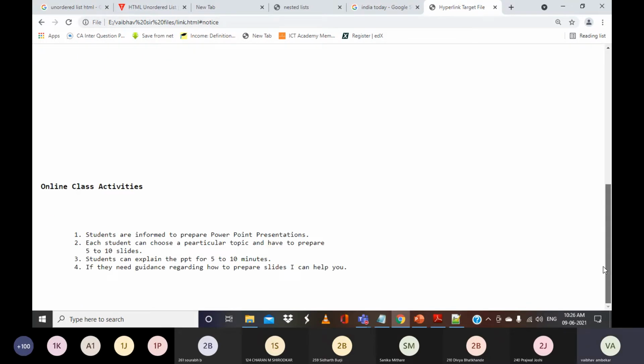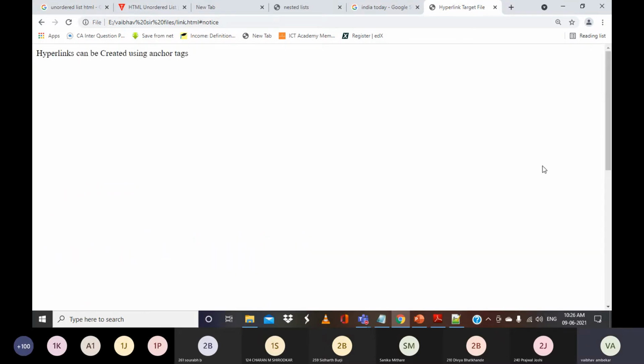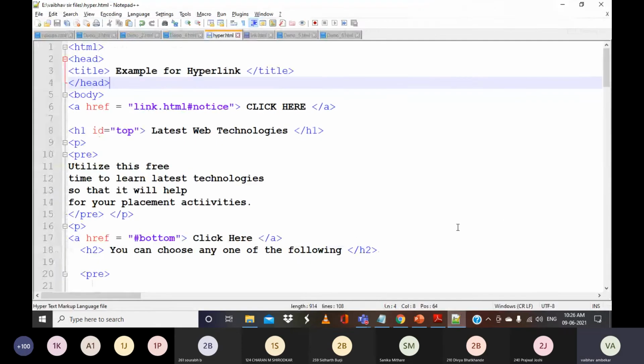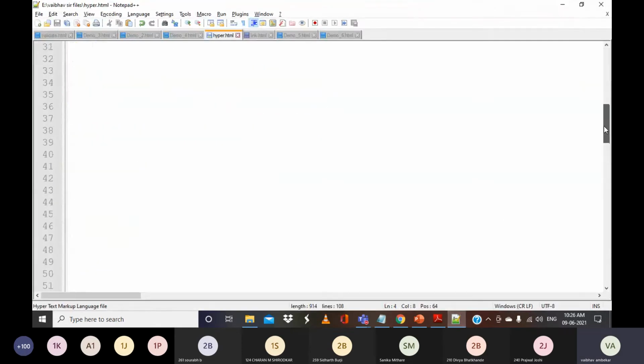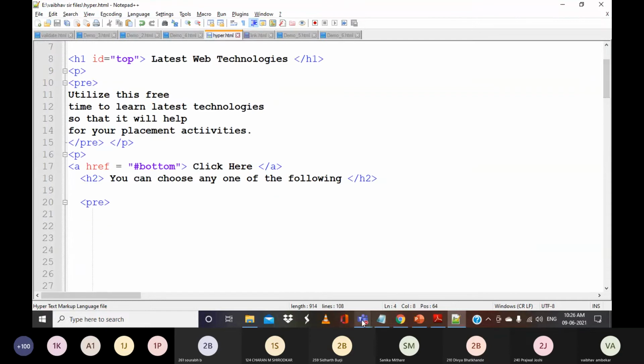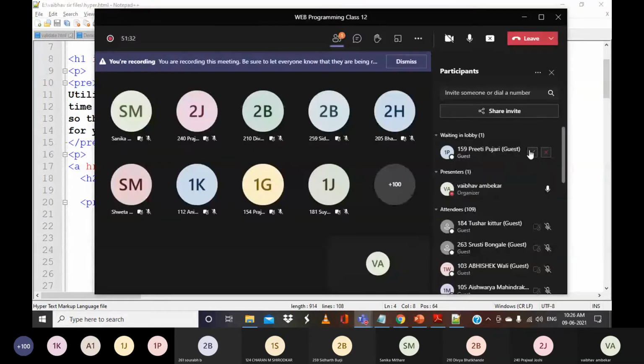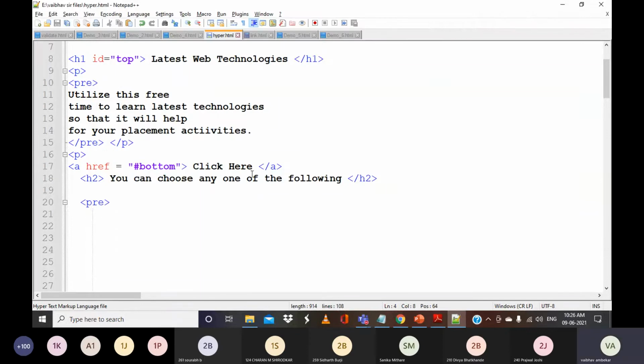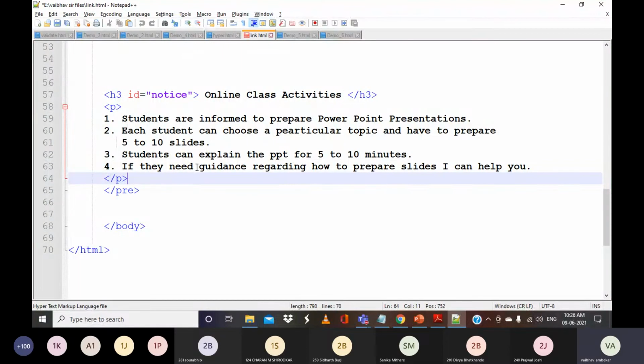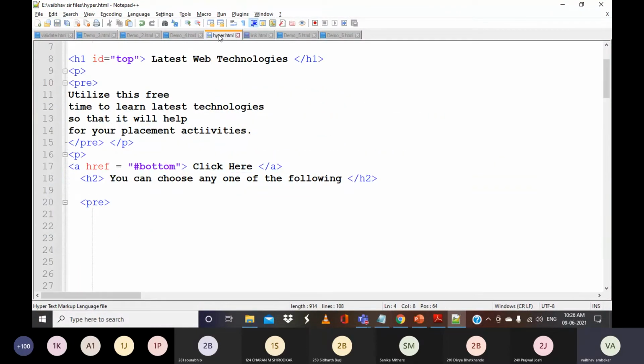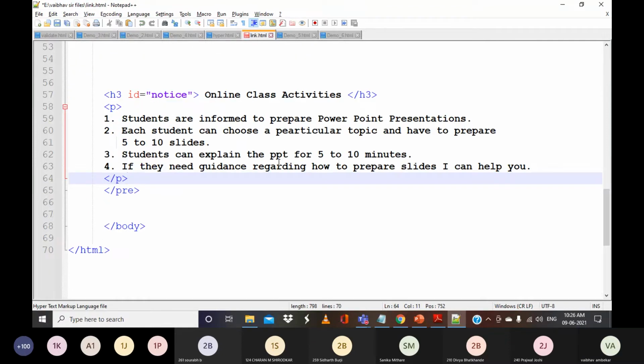Or suppose that if I want to have another paragraph here, and if I want to access that, what can you do? Suppose I will put another paragraph here. And this paragraph I want to access from hyper.html. What do I have to do? Can somebody tell me? Siddharth, can you tell me what we can do?